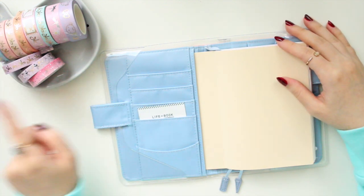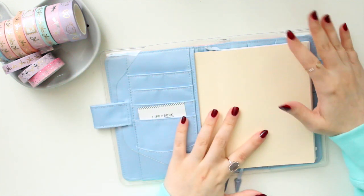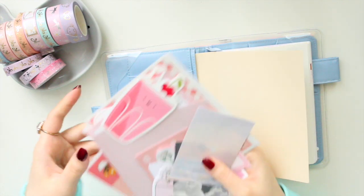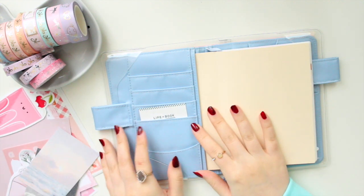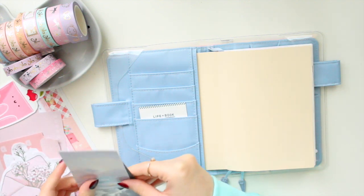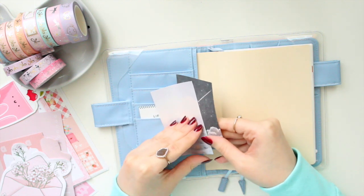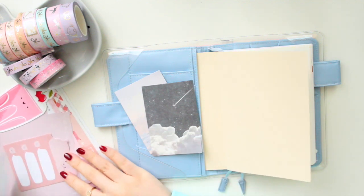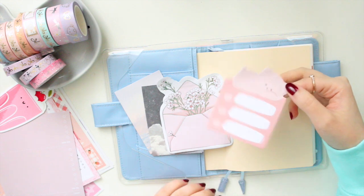I do have some washi here. A lot of these are from the Pink Room Co. and I do have some from Paper K here. So I might pull in some of that. But I did pull out some other things that I think I might want to use in the pockets and also maybe the covers to kind of decorate this area a little bit. So what I have here is just some little bits of memos. So I just tore some off of the larger pad. This one is a sticky note. So I just took stuff that I would normally use in my journal